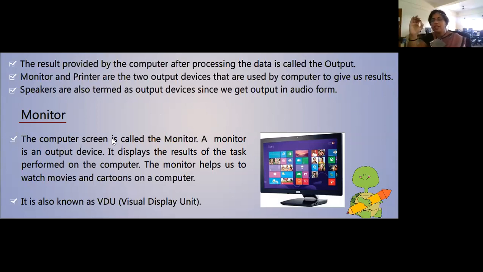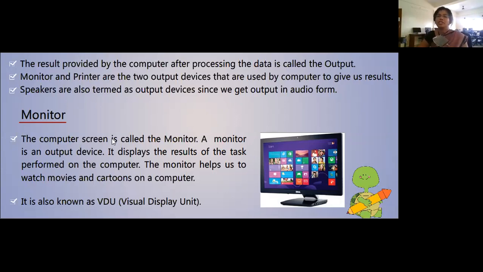So now, what is an output device? Those devices or things in the computer system which give us the result, or which give us information. We have seen keyboard and mouse. If I want to see a video, where do I see it? Do I see it on the CPU? Can I see it on the keyboard? Can I see it on the mouse? No, because they are not output devices, they are input devices. So for that I need a monitor. The monitor gives me things to see.